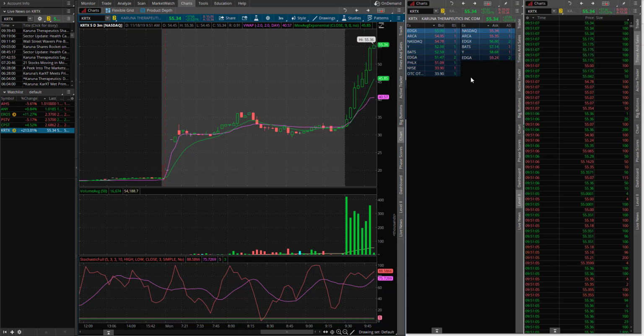And you can see how the algo is playing with the halt here a little bit. They move it to the halt level, but they don't let it halt. So it looks like they don't want this stock to halt. $56.12 now the halt levels. You see how this is a good example of why circuit breaker halts is really